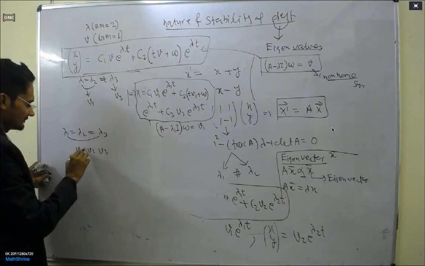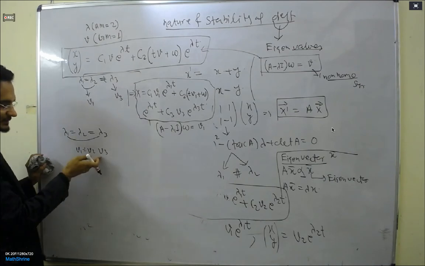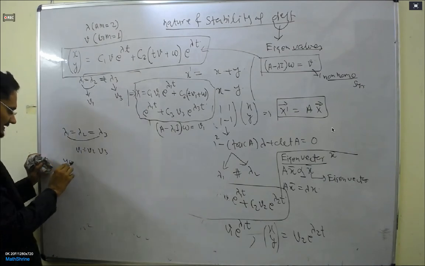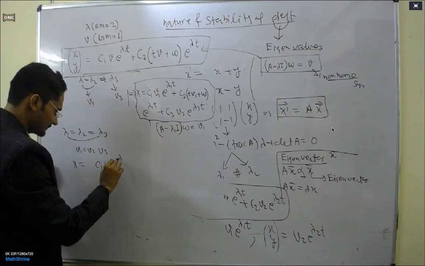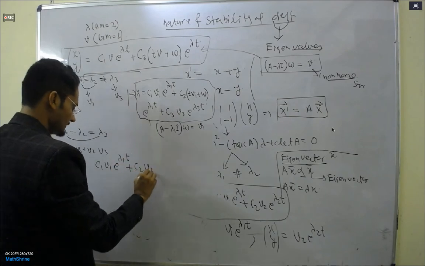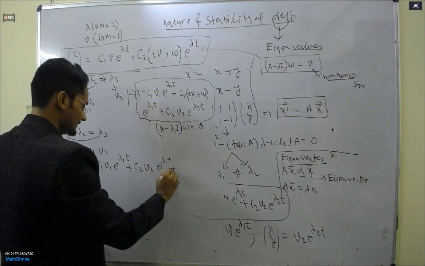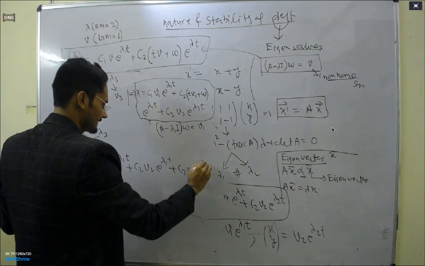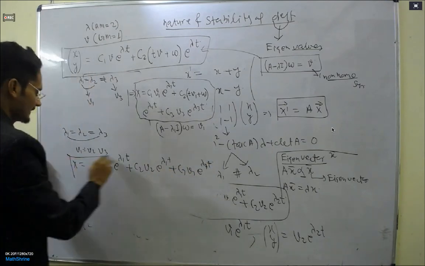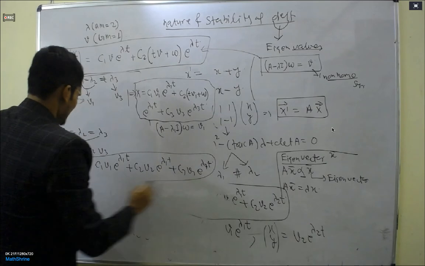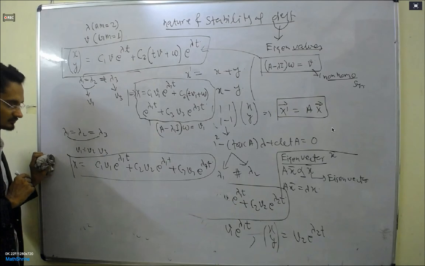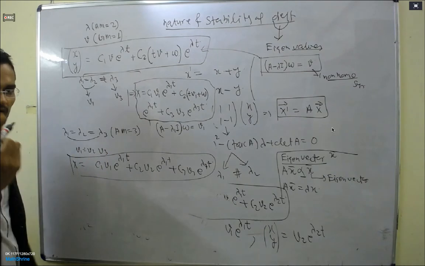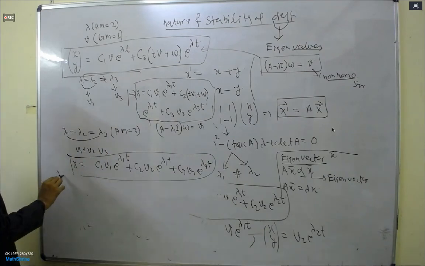And the last case, when lambda 1 is equal to lambda 2 is equal to lambda 3, all are the same, meaning that AM is 3. But the eigenvector v, the GM is 1. All right. Here, how will you write the solution? So here, the answer will be x is equal to c1 v e raised to the power lambda 1t plus